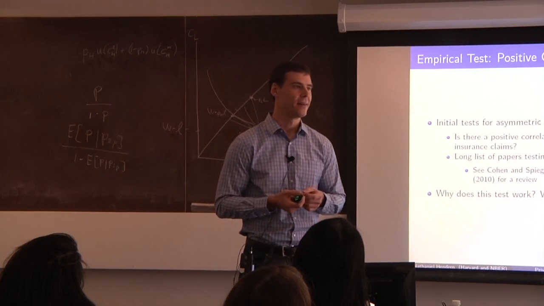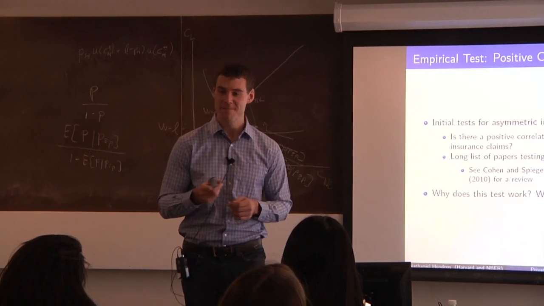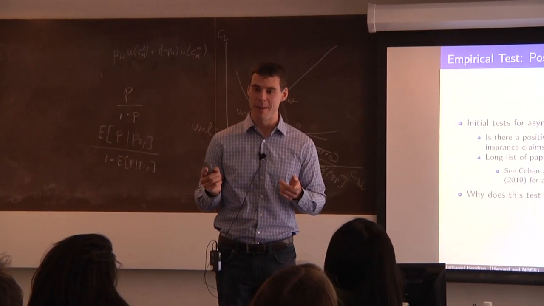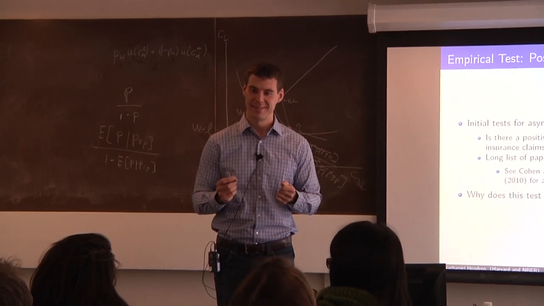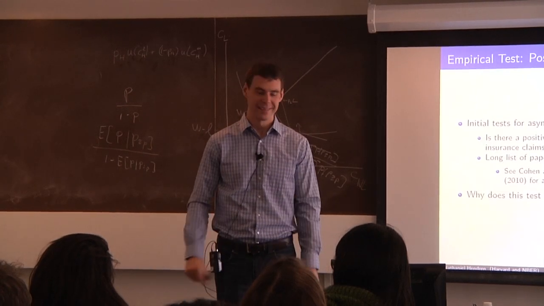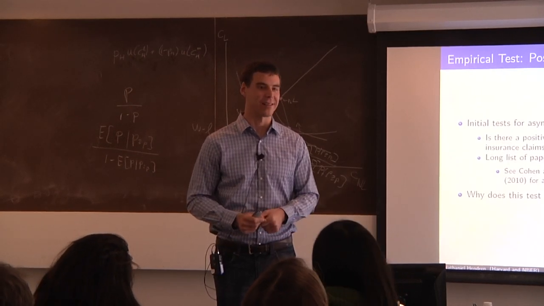So how about another reason that we might not see the positive correlation? What's that? Moral hazard. So that's a case where what would happen? So you do observe this positive correlation, but it's not because of asymmetric information. Yes. Great. Absolutely. Right. So the positive correlation test is a joint test for moral hazard and adverse selection. Right.